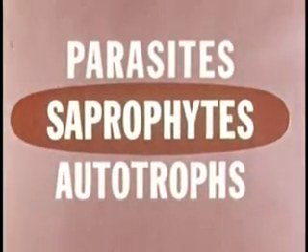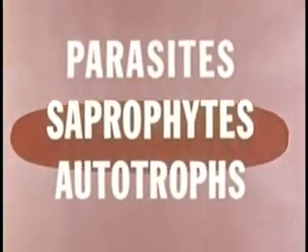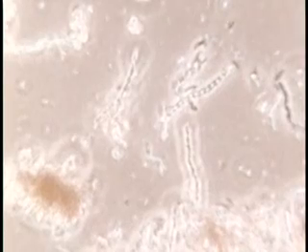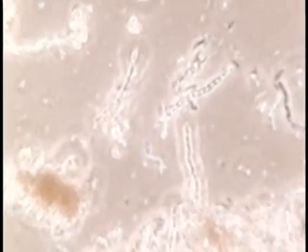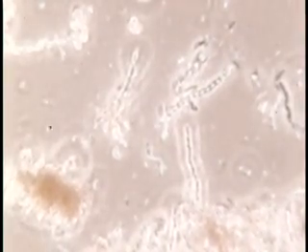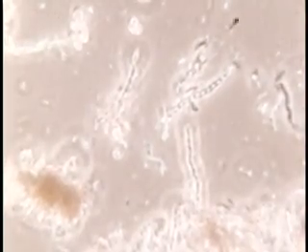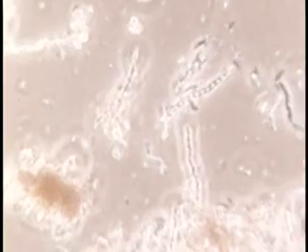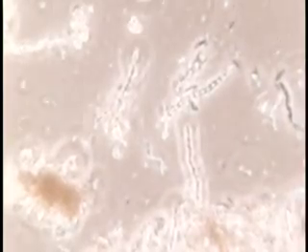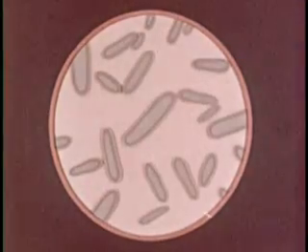Autotrophs get their energy from minerals or other inorganic materials. The autotrophic bacteria seen here live upon a form of iron. Through oxidation, they change one form of iron into another and use the energy that is released. Unlike the large majority of plants, most bacteria have no chlorophyll with which to manufacture food.